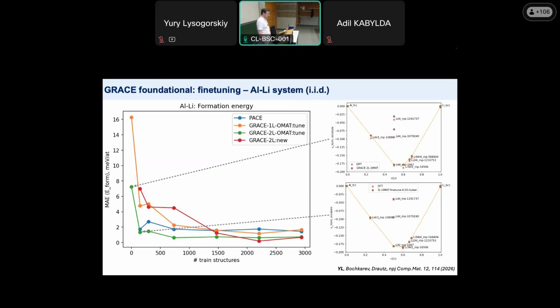In that case, we used the OMAT model, trained on these big datasets, but the test system is an aluminum-lithium binary alloy, which is very close to IID, so identical distribution, so it was actually quite easy to fine-tune. Two main lessons that we can extract from here: even if you have roughly 1 to 5% of the original training data, with fine-tuning you can already achieve the plateau on the error metrics that you would get with full model parameterization.